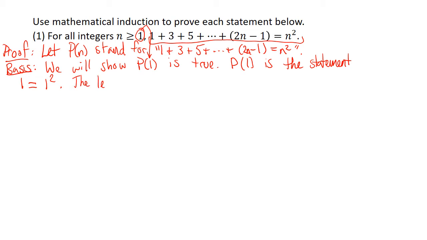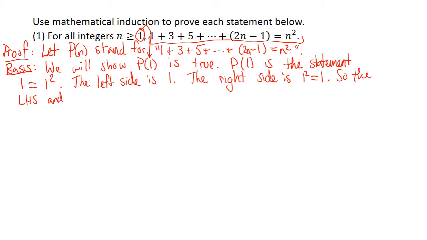So the left-hand side is 1, the right-hand side is 1 squared, and then now you want to simplify that as much as you can, so that is also 1. So the left-hand side and right-hand side are equal, thus, hence, or therefore, or whatever, P of 1 is true. Okay, that's the basis step. So you showed that the P statement was true for the first value of n. And now for your inductive step,